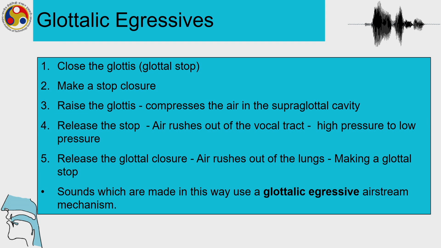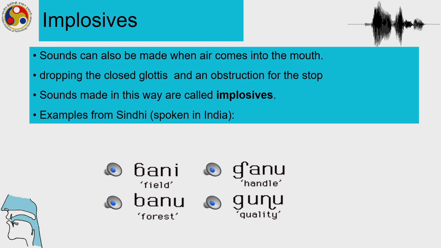And apart from the glottalic egressives, from the glottalic region another kind of sounds is possible, which are the implosives. Implosives are made when air comes into the mouth. So, remember, for the ejectives the glottis is raised, for the implosives the glottis is lowered. With the closed glottis dropping and an obstruction for the stops, similar to the ejective stops, there is an obstruction, and sounds made in this way with the lowered glottis are called implosives,